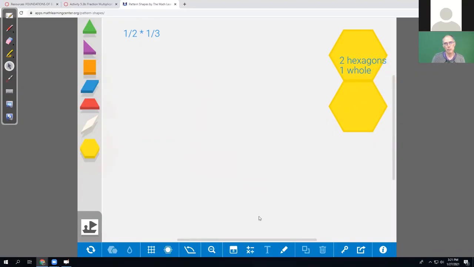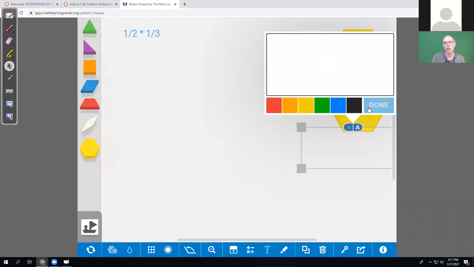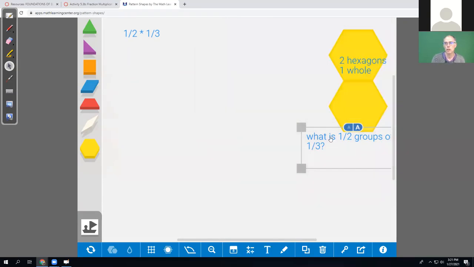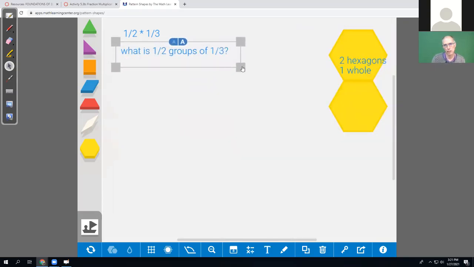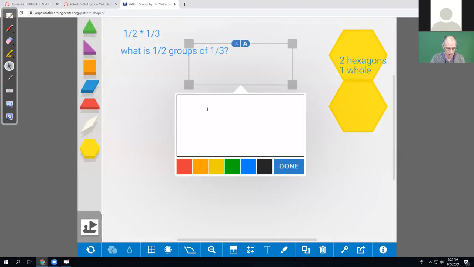So then I need to think about what is 1/2. Okay, what does 1/2 times 1/3 mean? And so I'm going to go with my first idea, which was groups of. So I'm going to write what is 1/2 groups of 1/3. So I need to write the question I'm trying to answer here. Okay, what is 1/2 groups of 1/3? Well, I can't find half of a group of 1/3 until I find 1/3. So my first step here, step 1, to answer that question,